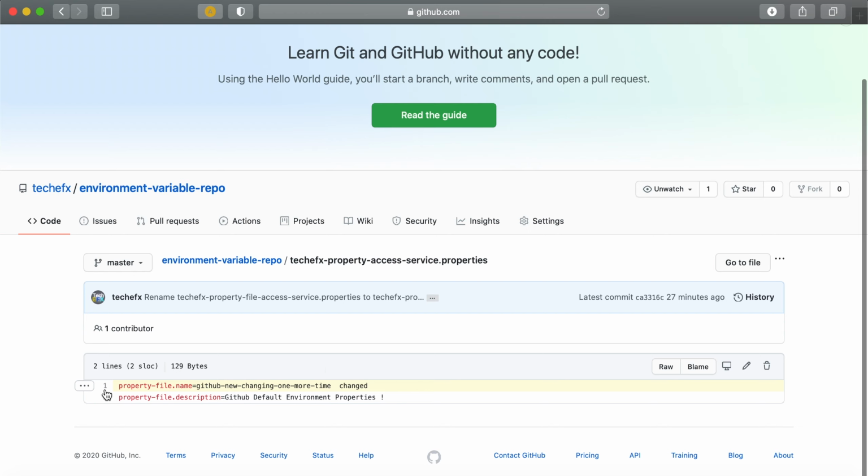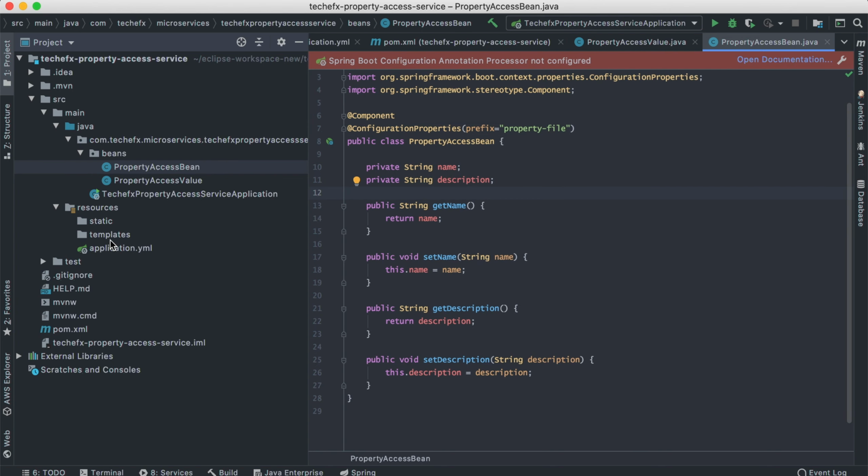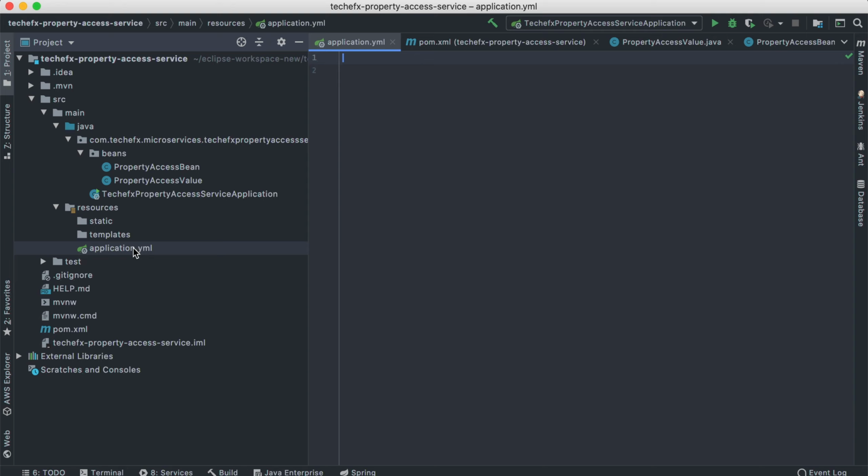So all the keys which will have prefix with property file will be read. That's it. So now from the business side is done. Now since we had not provided any values to application YAML, let's provide the microservice name to the YAML. For that, Spring